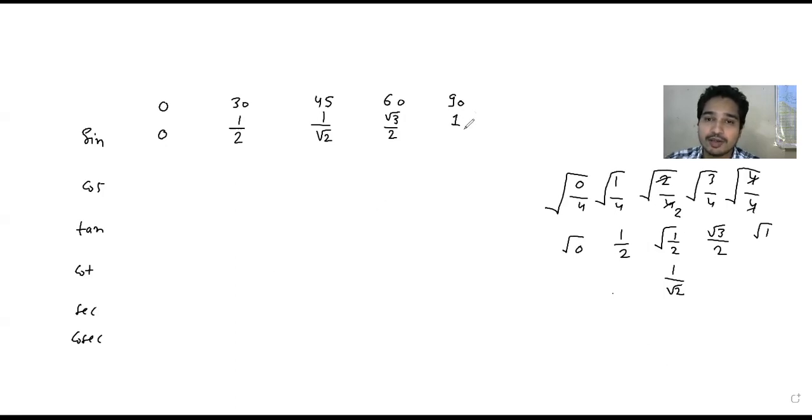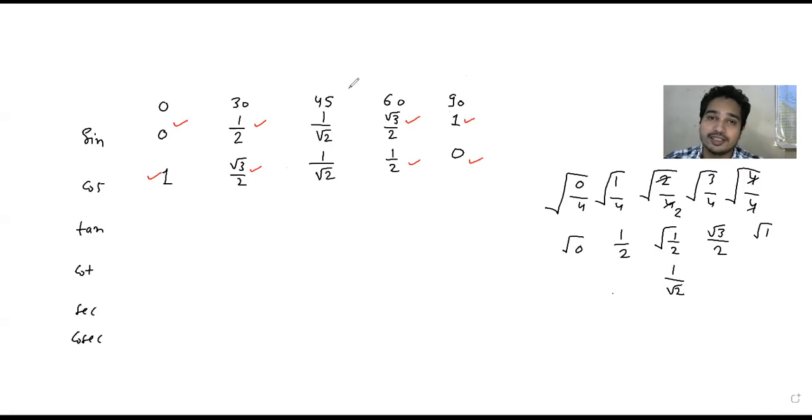Now what you will do? You have to write this value 1 here, and this 60 value is here under root 3 by 2, and this 30 value here, and this 0 value is here, and the sine 45 value and cos 45 value are the same. So you will write in this fashion and you can get the value of sine and cos for all angles. Okay, so what you will do? First you have to write sine 0 value in cos 90 and sine 90 value in cos 0, sine 30 value in cos 60 and sine 60 value in cos 30, and 45 will be same.